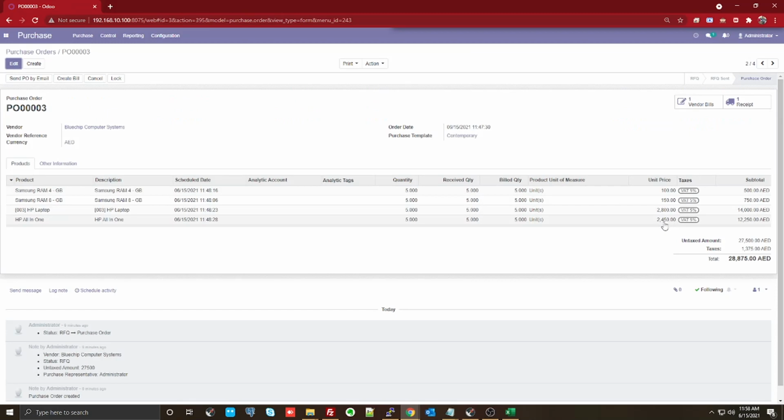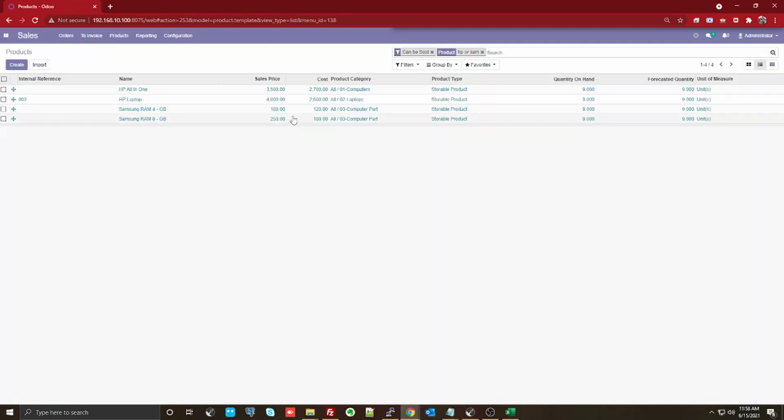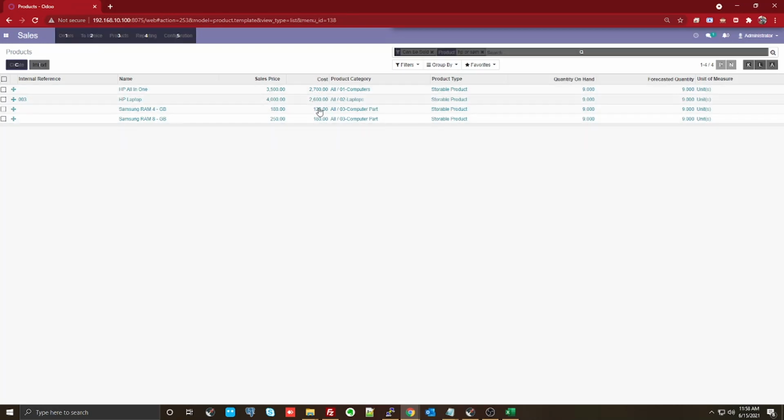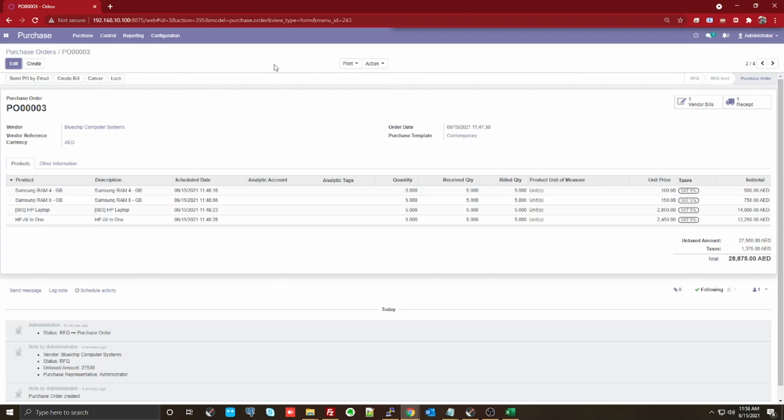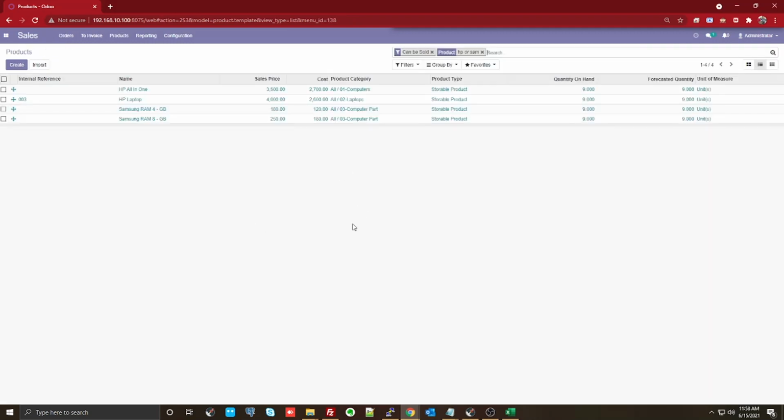As per the first purchase order, the HP all-in-one was 2,450, but you look at it, the price has changed. All-in-one is 2,700, which is nothing else but the latest, the PO number 004 price point, that is 2,700. So the system is automatically looking into the first in first out format, and it is identifying how exactly the costing needs to be derived.